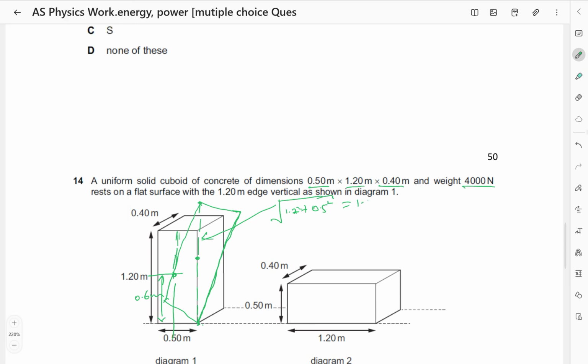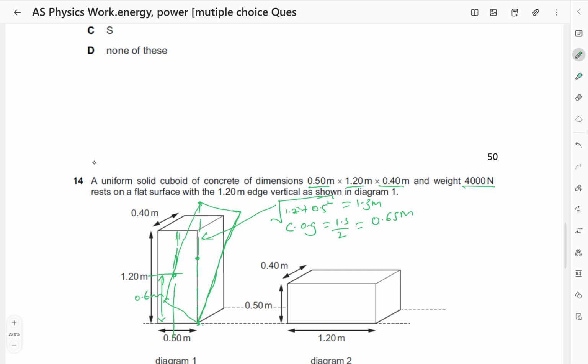So this is 1.3 meters. So the diagonal is 1.3 meters. What does that mean? It means the position of the center of gravity. Center of gravity is going to be at 1.3 divided by 2, which is 0.65 meters. So when it is being rolled, the center of gravity raises to 0.65, yet it was initially at